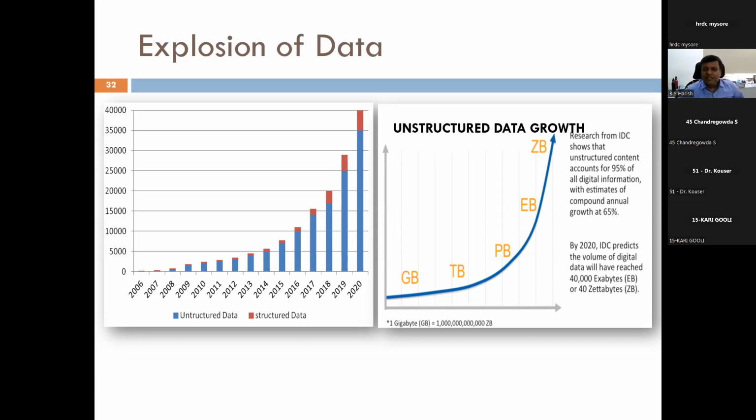A good example is a table. You will store serial number 1, name Dr. Kariguli, designation associate professor or professor, degree PhD, domain so and so, number of students guiding, research scholars awarded, papers published in conferences, papers published in journals, projects awarded, projects submitted. Don't you think that's a very structured way of presenting the content? So that table itself is a very good example.